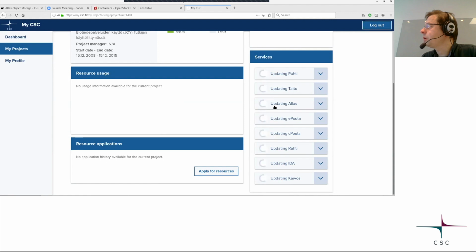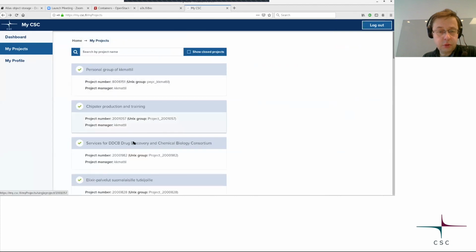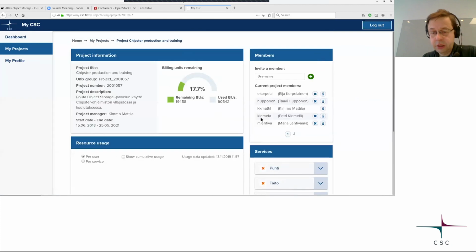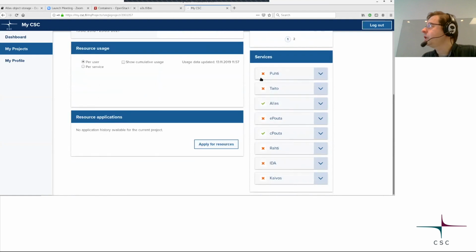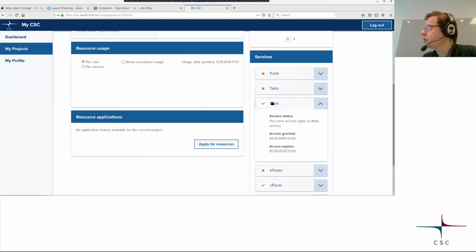So this is now updating only. Let's see if I have some other project which I could use, like this one. So here I can see that, okay, in this project I already have access to Allas, but if I would have a red cross here, I would need to click here and then accept the rules and then apply for access, and you would get it for your project. And note also that the project PI, once he does it, this becomes available for your project,